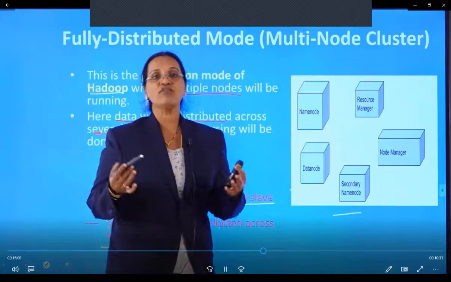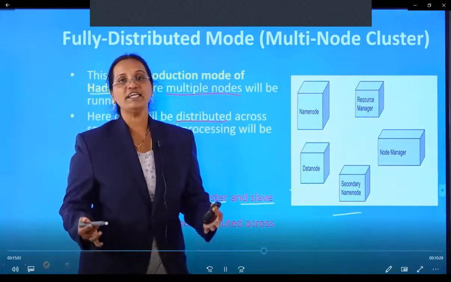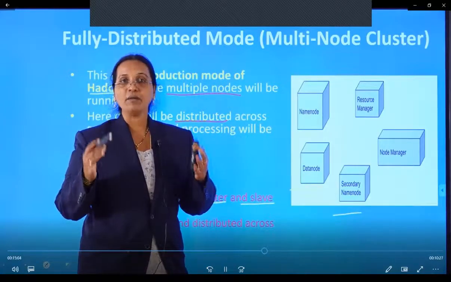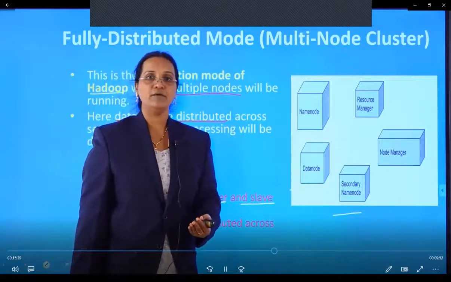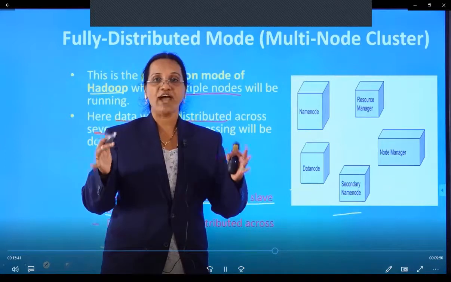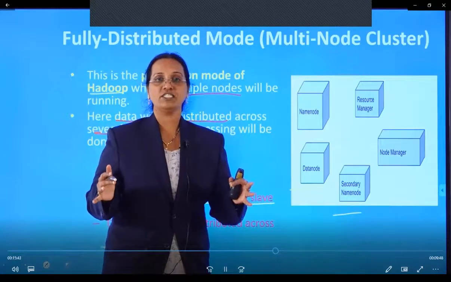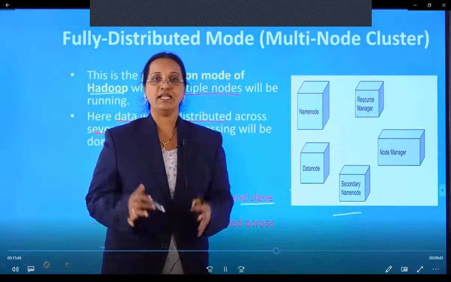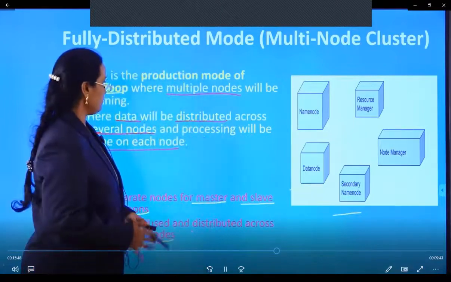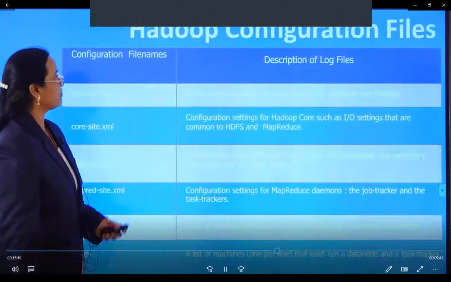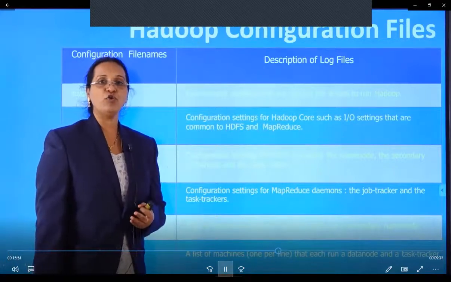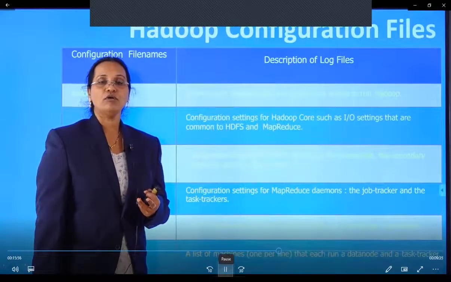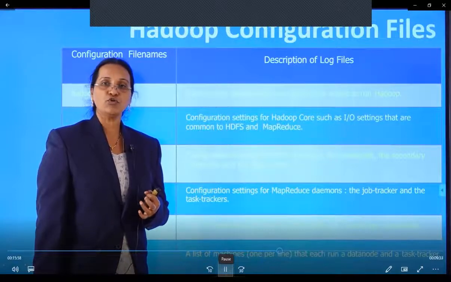It stores the file information, what size of file it has, what permission it has, will be allocated to the node which is idle. So that is the working fashion of the fully distributed cluster in the form of master and slave. So that is about the 3 different modes of Hadoop: standalone mode, distributed mode, and pseudo distributed mode.